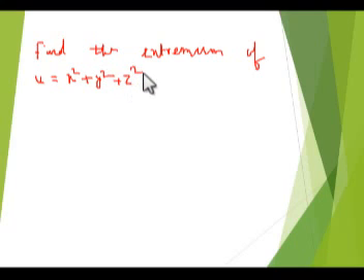Here it is given that we have to find the extremum value, maximum or minimum, of the function u is equal to x square plus y square plus z square, with three variables given, and we have a given condition that it is subject to